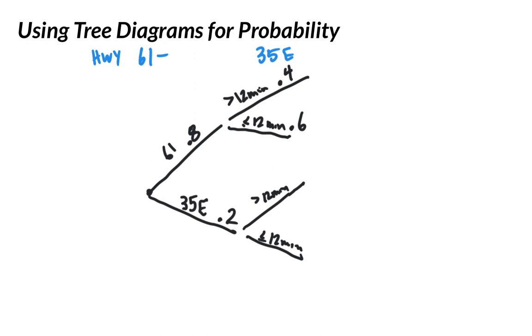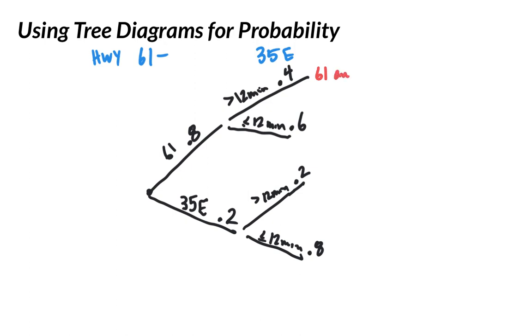But if I take 35E, let's say it's like 0.2, and then, of course, this one is 0.8. Well, now I've changed the probabilities. On the previous examples, we were saying, well, everything was 50-50. Heads and tails was 50-50. I was just randomly picking an outfit. But now we actually can multiply these probabilities and figure out, well, what's the probability that you take Highway 61,